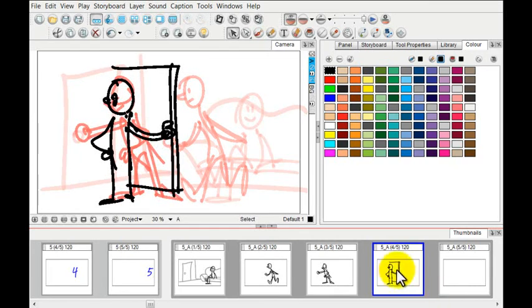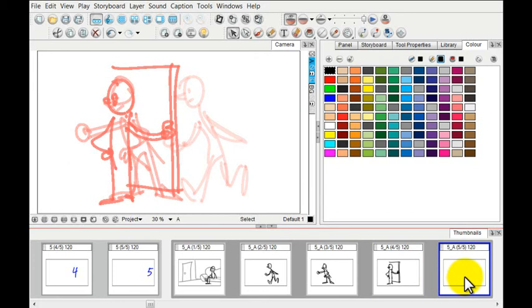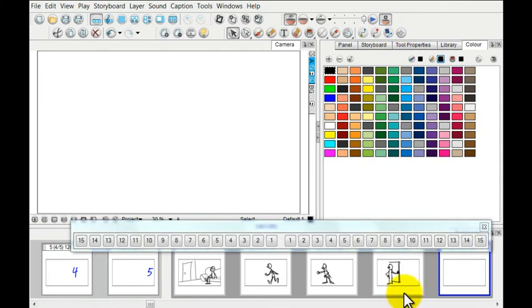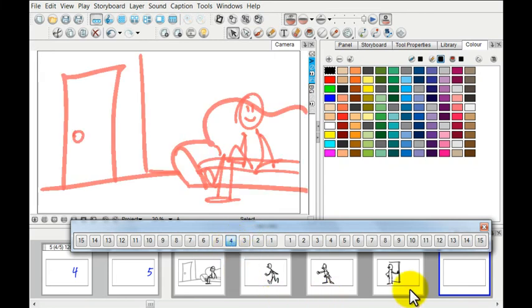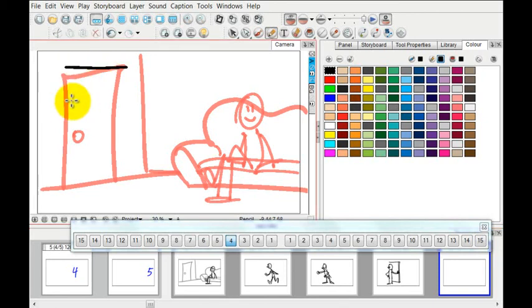I've added one more drawing in this 4th spot, but as I go to the 5th panel in the series, I can no longer see the background because I can't see 4 panels back to the original background. So this would be an example of where you could use this tool. I'll press on it, and now I will go back 4 panels, and now I can see the original drawing, so that when I draw in this 5th panel, I'll still be able to reference where that door is. For example, if he's exiting,